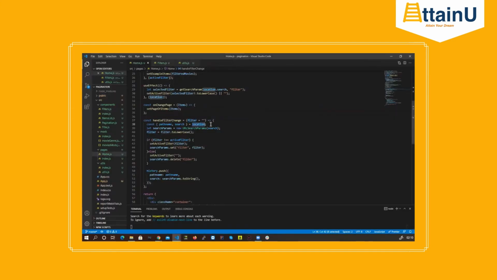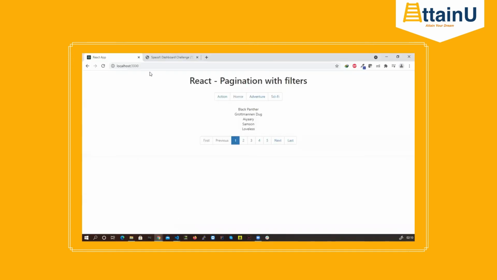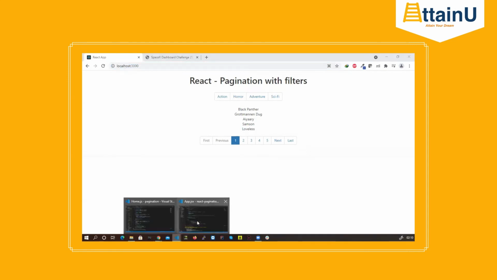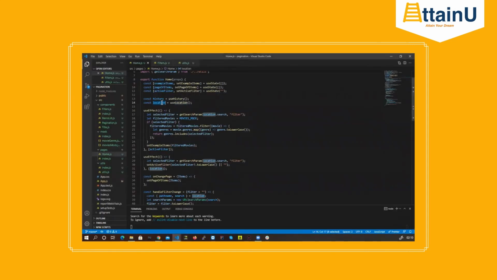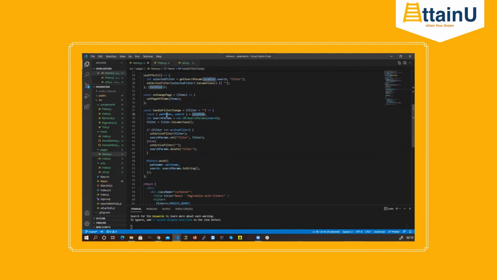So now what is this location? You might know this is a React hook. This location will basically help me get this URL's information. Whatever is happening in this URL is going to be part of this location as an object. From this object, I'm going to get pathname and search. So what would be the pathname? Pathname would be the complete route, the domain and then the route.